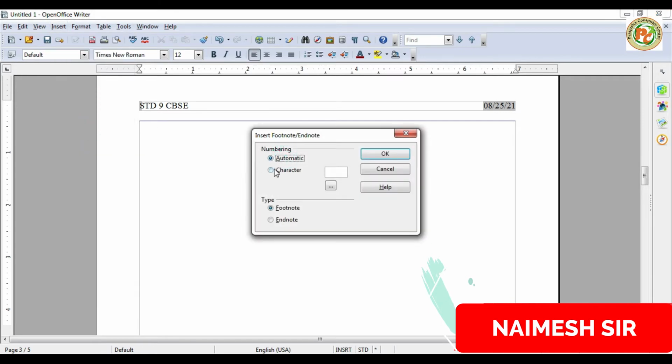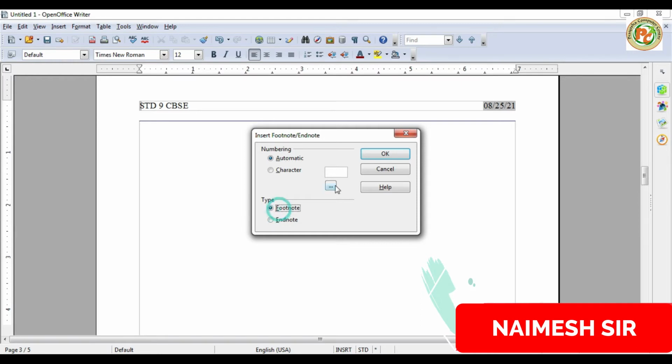It will be added automatically, with footnote numbering here. And you choose what you want to add, footnote or endnote. A footnote will be added at the end of each page, while an endnote will be added at the end of the entire document. It means it will be on the last page of your document. If you have 100 pages, then the endnote will be on page 100, right? So this is called the footnote or endnote.